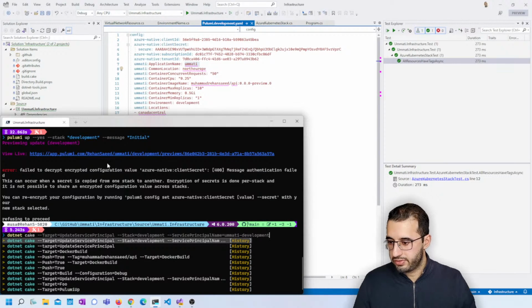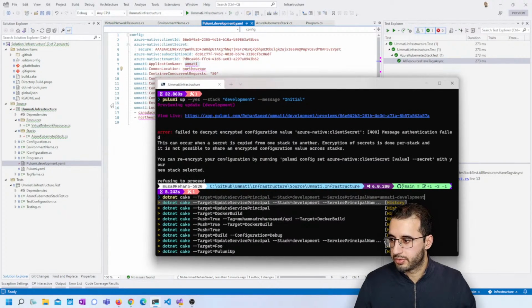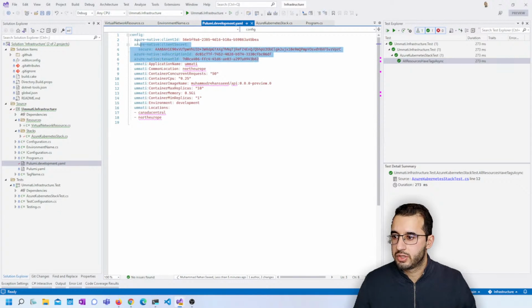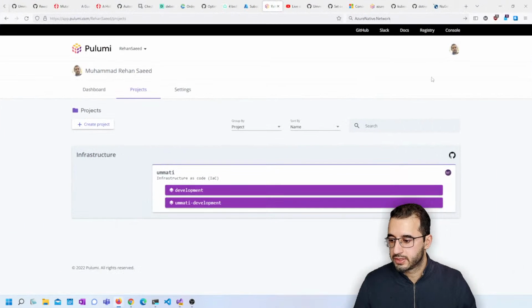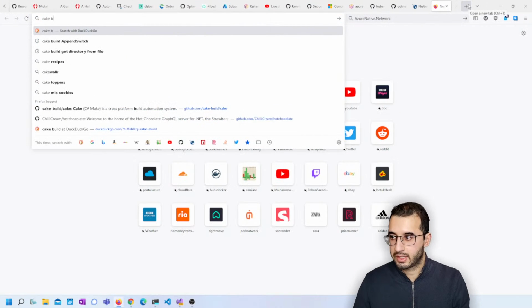So if you look at a previous stream of mine, to get all the permissions to deploy to Azure, you have all of these settings. These are encrypted. Well, this client secret is encrypted, so you won't be able to use this to deploy to Azure using my credentials. But it's a bit of a faff having to set this up. So I created a cake script that does it for you. And if you're not familiar with Cake Build, it's worth having a look at it. Cake Build,